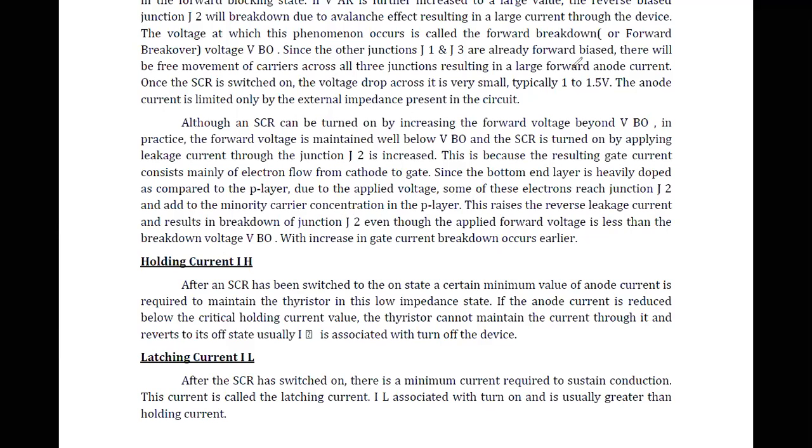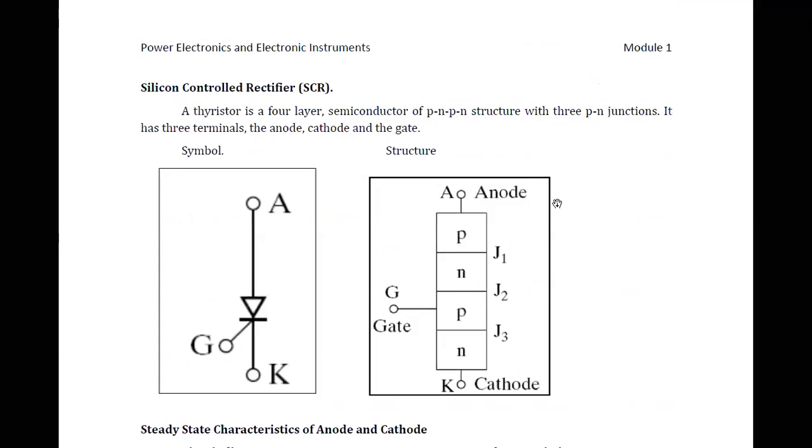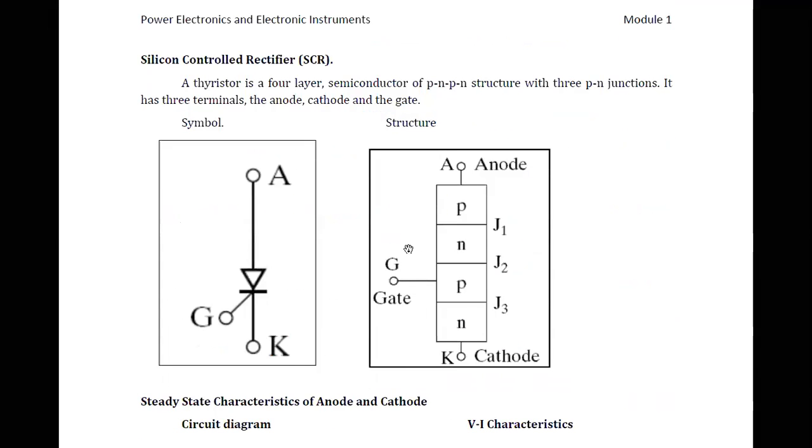Here is another thing you can see, I'll just show you another simple mechanism. The condition is this is the plus, this is the minus, and this is my junction J2. Once I apply the voltage from anode to cathode, the plus is connected to this point, minus is connected to this particular point. So the current will start flowing like this, through junction J1, because junction J1 is also forward biased, because this is plus.